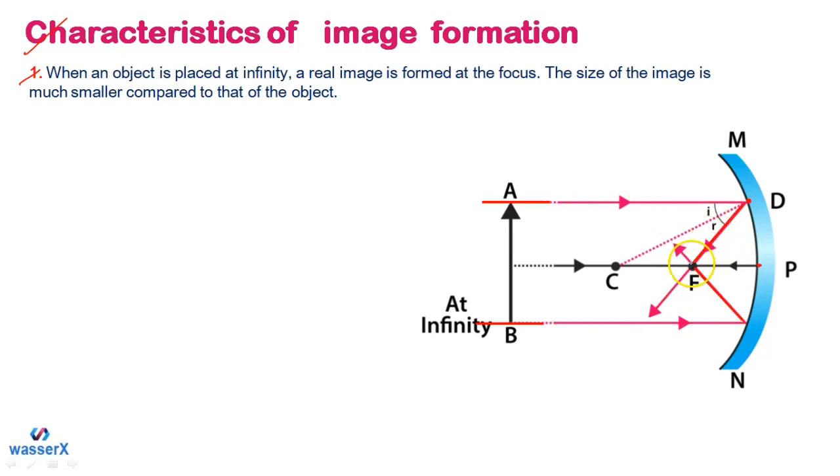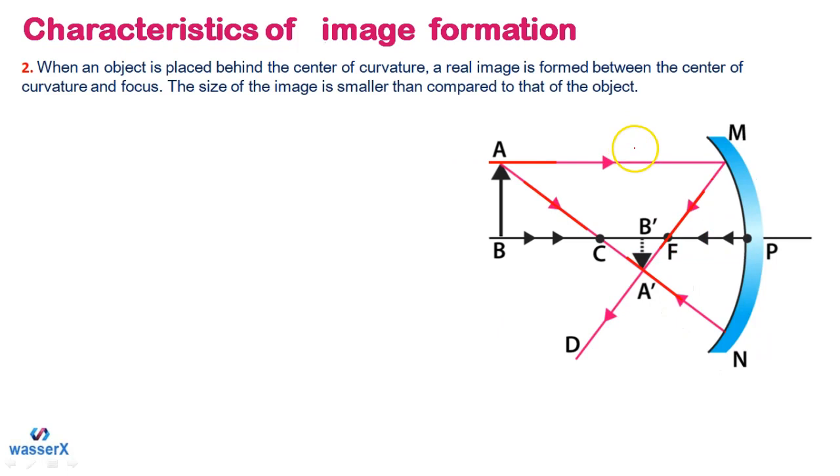Okay students, so this is the point F, which is the focus point, meaning to say here you will be getting the image that will be point size, inverted and real. That will be studied in a detailed manner later on in the next slide, and here I have mentioned, you can read it and get the idea what is happening in this first characteristic. Now you have the next one, which is the second one, students.